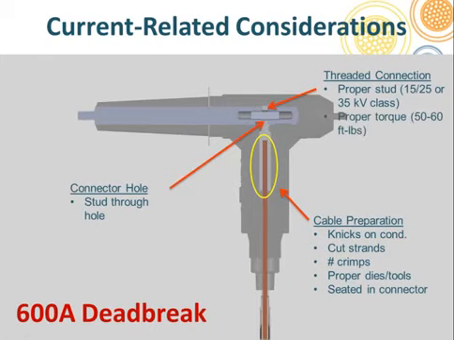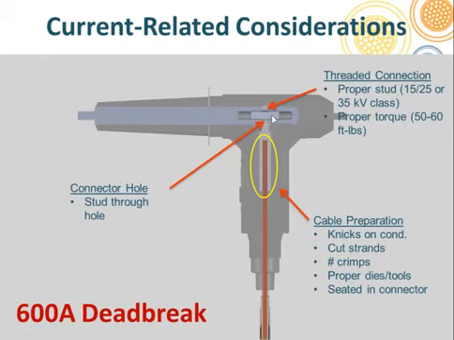The second area of concern is the torque, and everybody knows 50 to 60 foot-pounds. The reality of this connection is if you were to torque this to get only 10 foot-pounds, it will actually carry 600 amps, no problem. It will carry 600 amps forever. It may also carry 25 kA with not an issue. That's the high through fault rating for this connector. The problem with it,